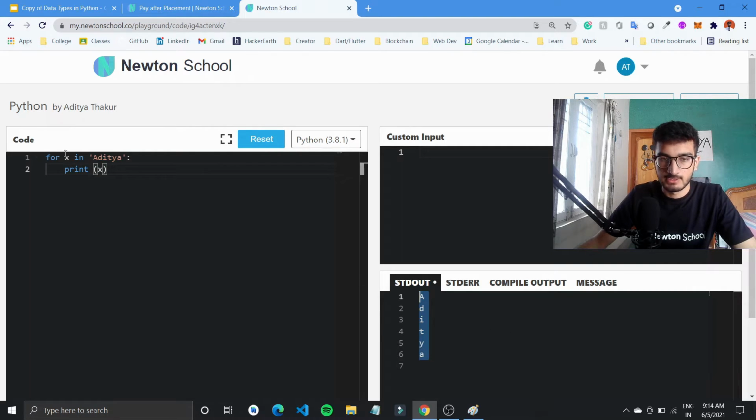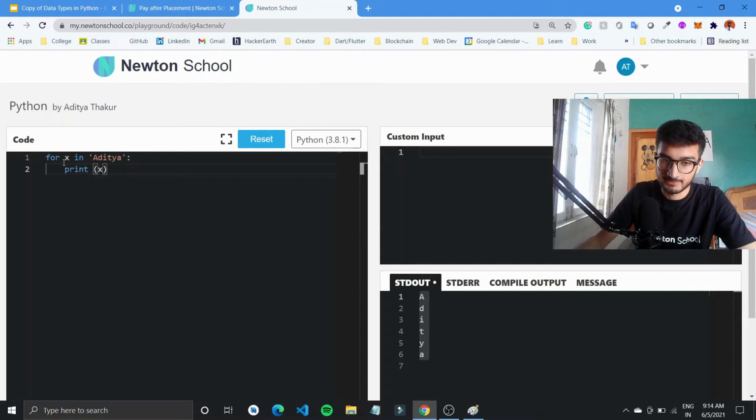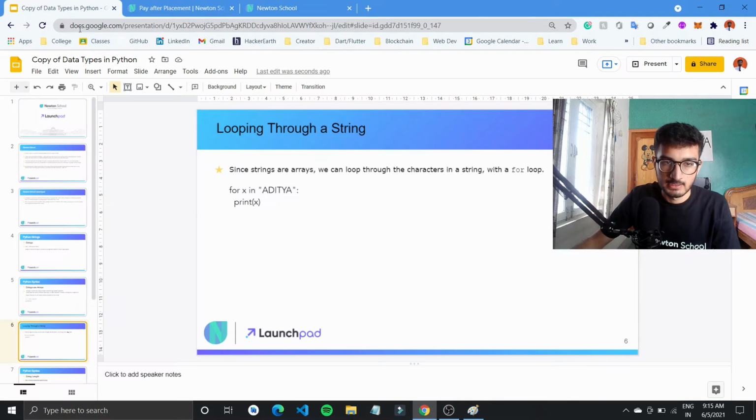Okay, so we haven't covered the for loop yet, but it is a type of loop, as in it would go one by one through each of these elements. What happens is, we are using the x variable, so first it would print out the first element in our array. Like we have here, it printed out A, then it would go to the second element D and print it out, then I, then print it out T, and so on. Since it is an array, we can loop through the array simply. We can print each of these elements,